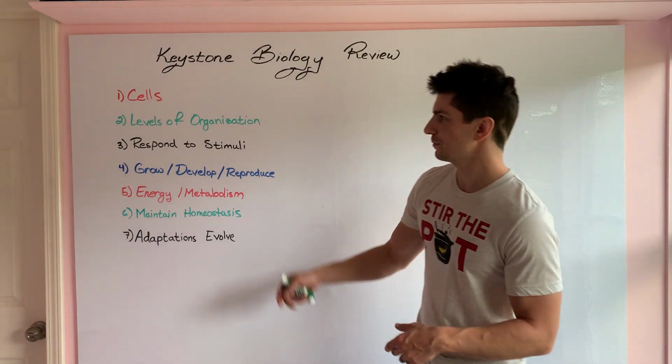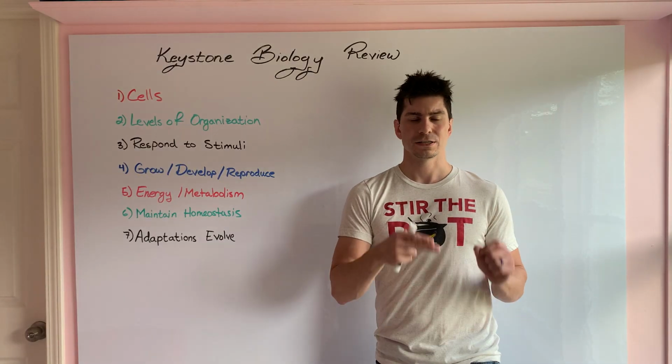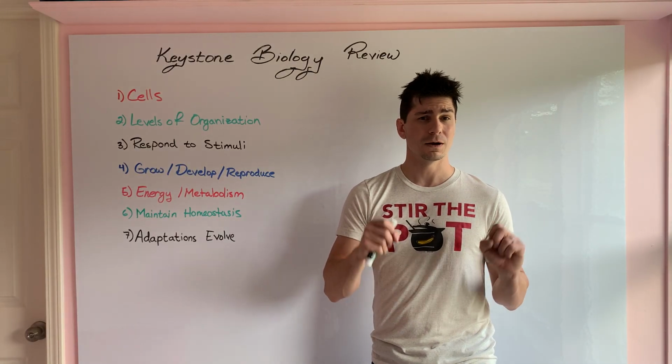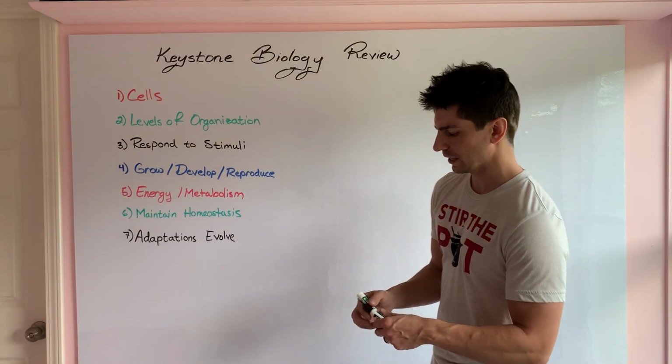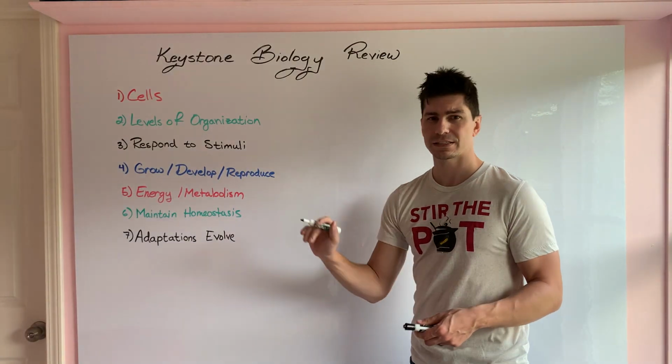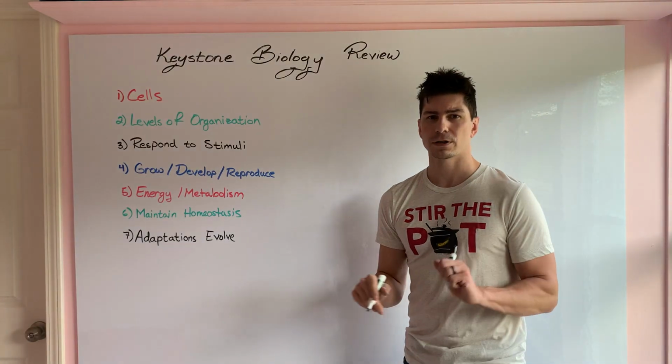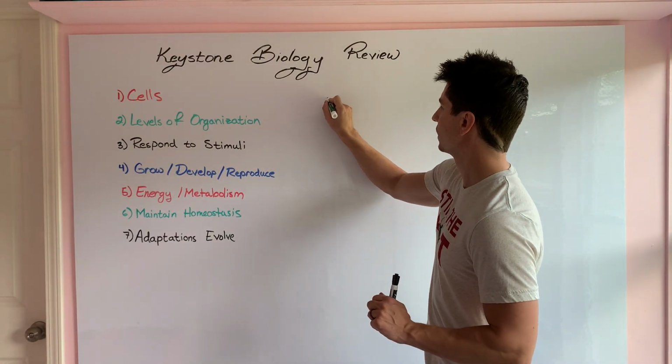So our first characteristic of life is that living things are made up of one or more cells. This is why viruses aren't living. They're not made up of one cell. Now, when we're talking about cells, I'm going to go over 4 vocab words that you need to know for cells. The first one,